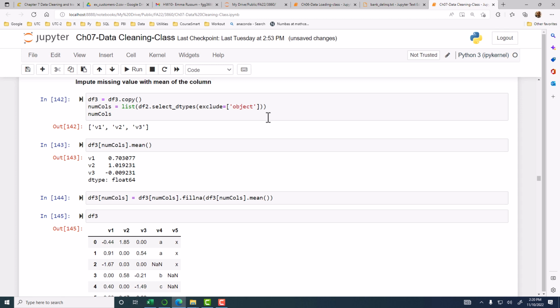Or even mode. If it is a non-numeric column, maybe mode, the value that occurs most often, is probably the one that's most likely to be the case. Remember, we want to replace the missing value with what it most likely could be. So mean, median, and mode are good choices. So if you want to do that,